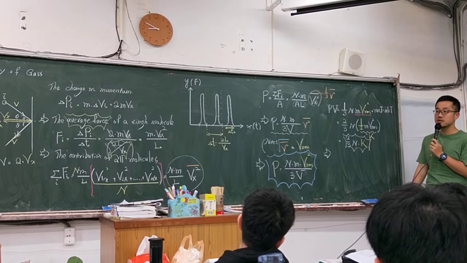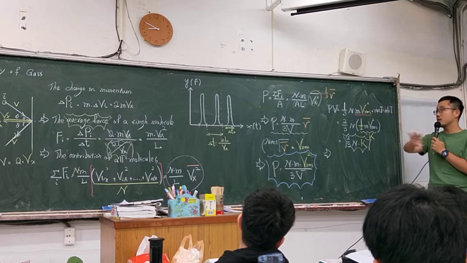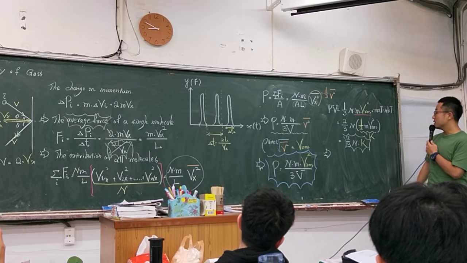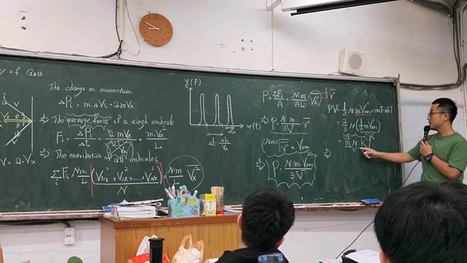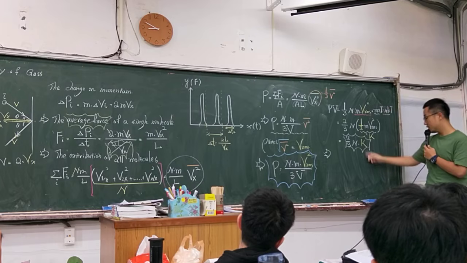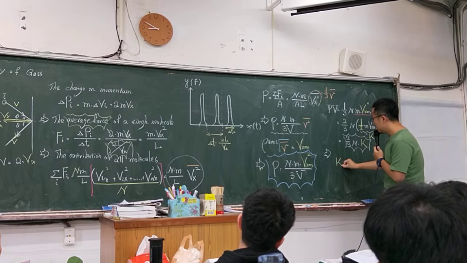K 就是你一个分子的平均动能。所以我们就把这个 macroscopic quantity and microscopic quantity 把它连接起来了。那如果你再把这个 2/3 NK and nRT NKT 稍微转一下的话，你就可以得到一个分子的平均动能。The average value of a kinetic energy